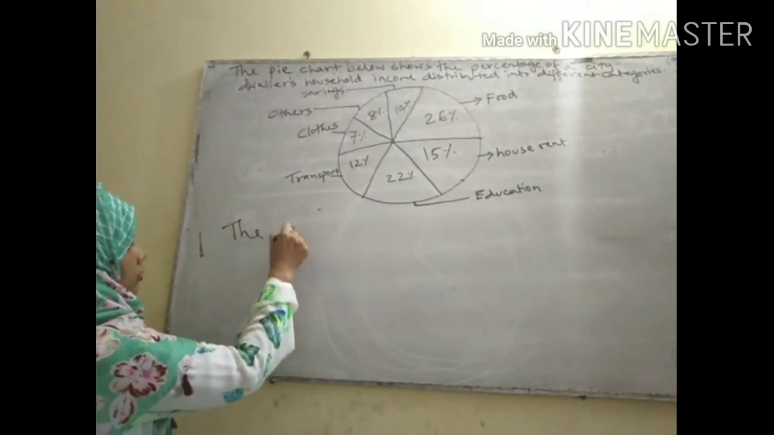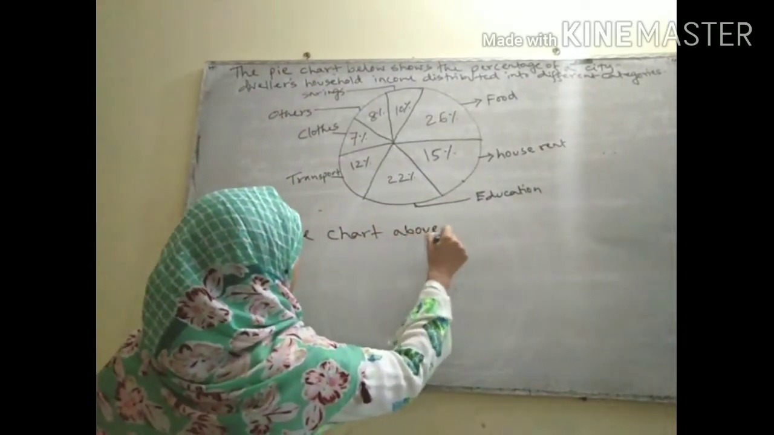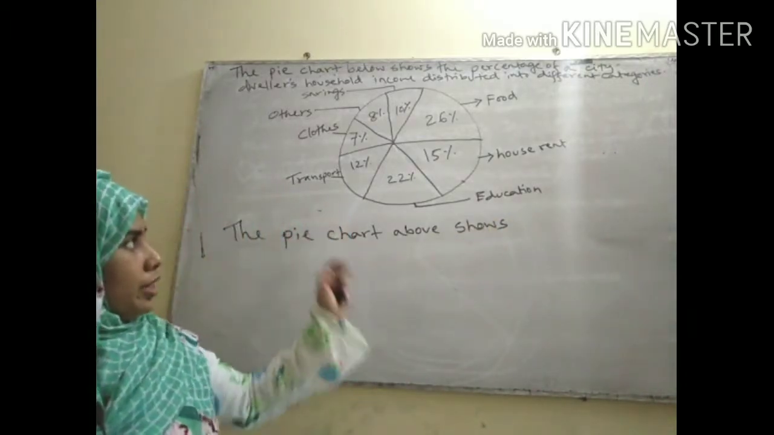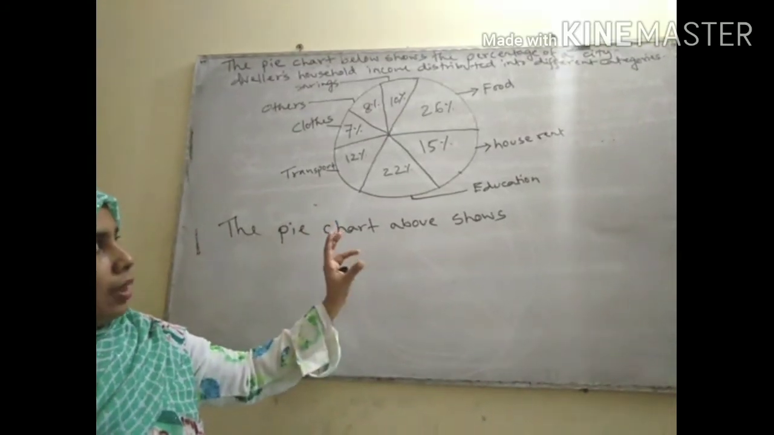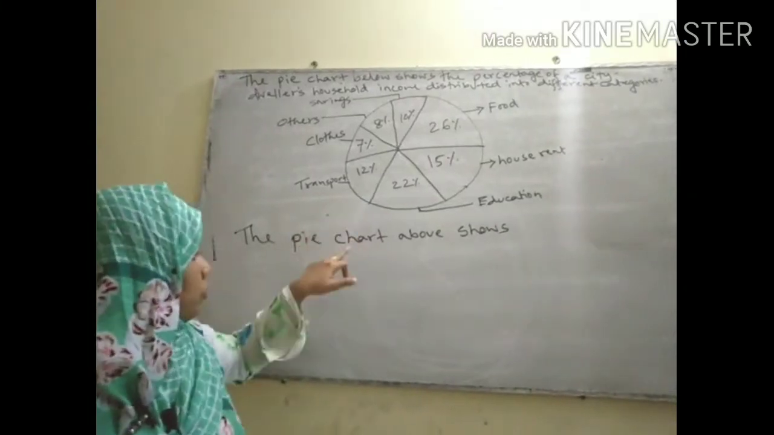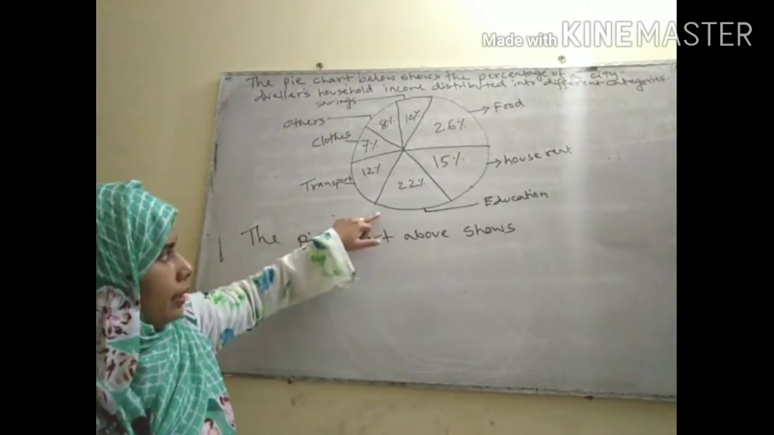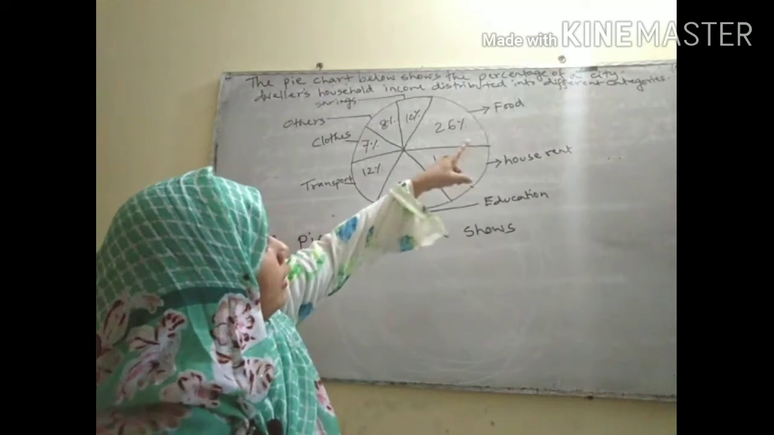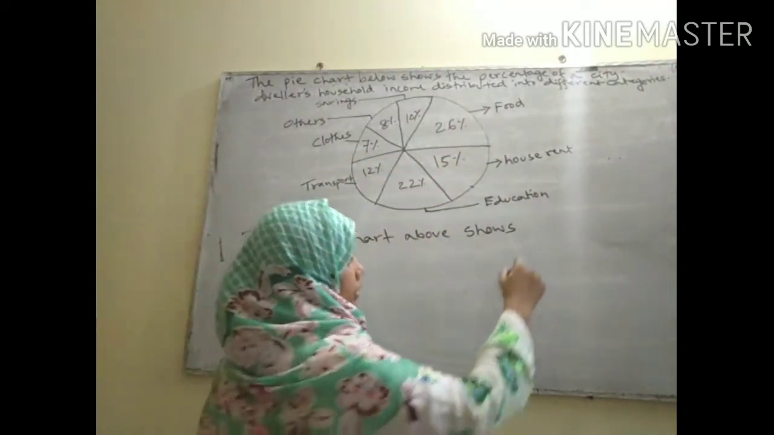The pie chart above shows. In your examination script, you will first draw the chart. Okay, so it will be good for you to describe or analyze the chart. So for this reason, I have used the word above. The pie chart above shows, then we will add something from the question, shows the percentage,